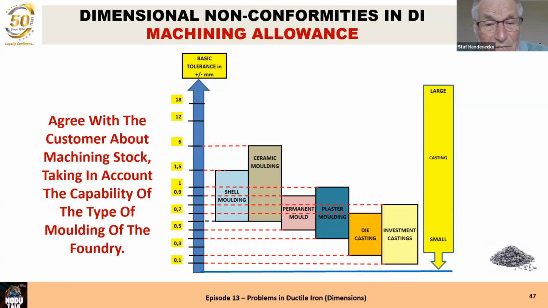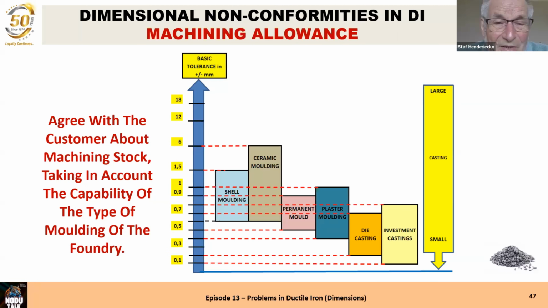Permanent molds are very strict in tolerances. A plaster mold can be good, can be a little bit less good. Die castings and investment castings are in principle the best ones. Always look at that if you have a discussion with your customer and he has castings, let's say in